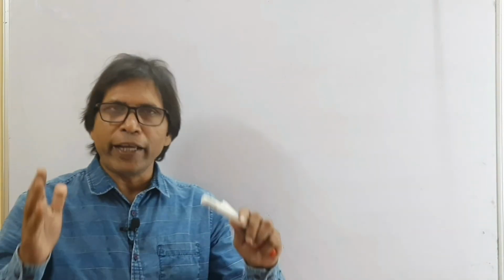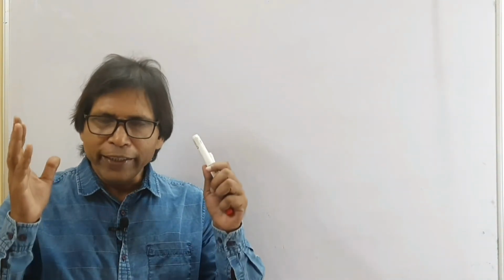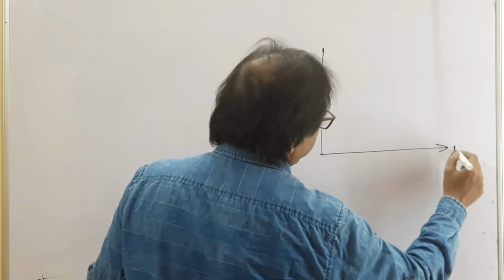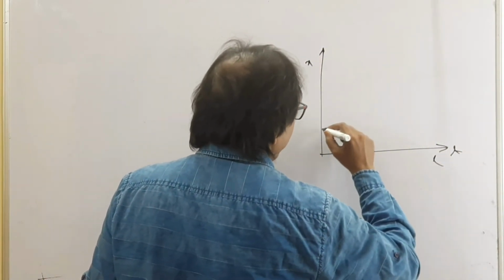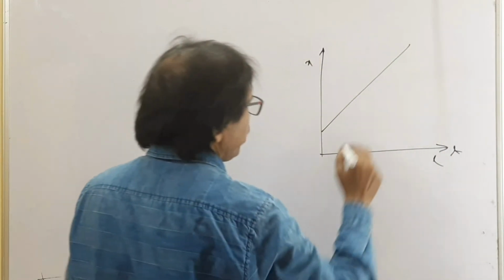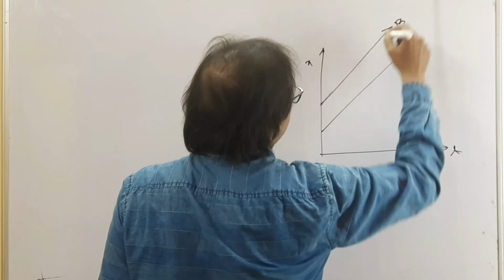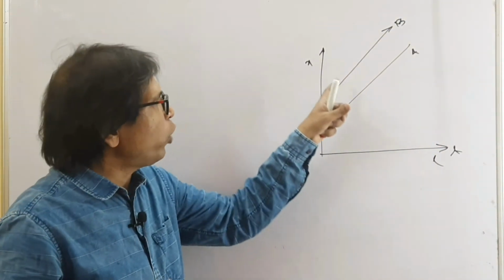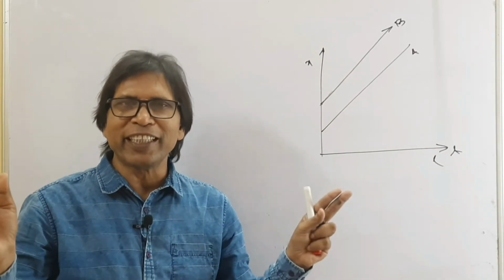Now we have to draw the xt graph of two particles moving in the same direction with the same velocity. Look at this, this is the xt graph, this is x and this is t. They are moving in the same direction, so suppose this is A and this is B. As the velocities are the same, the xt graphs become parallel, so they never meet each other, okay.